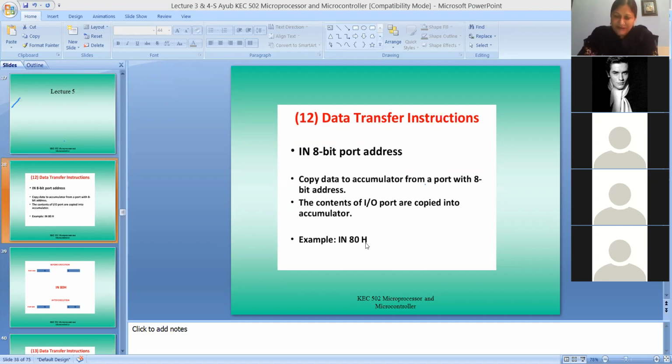Whichever device connected to 8085 has address 80, whatever is available on that port 80 will come into the accumulator. Understood? If the port with address 80 hex contains the data B3, then B3 will come into the accumulator. Understood?